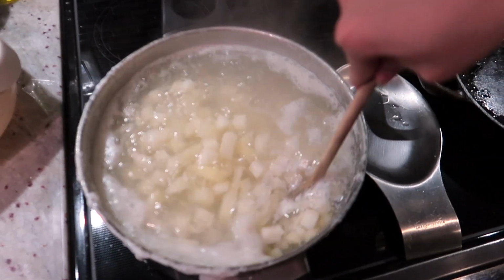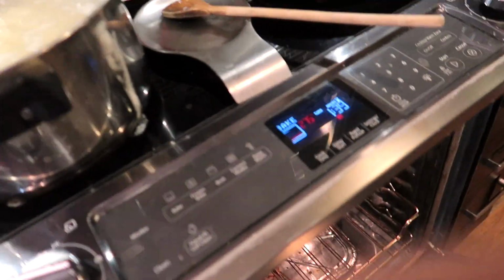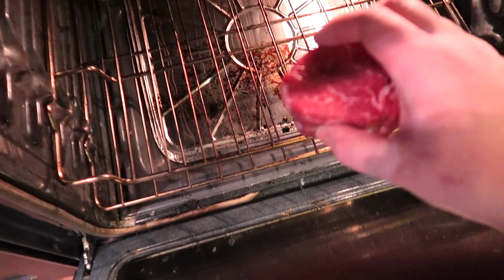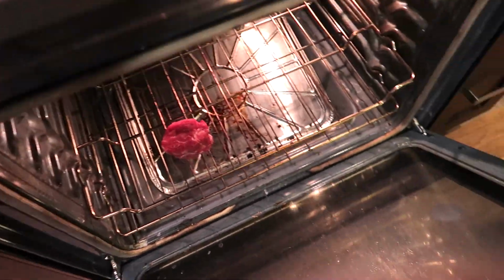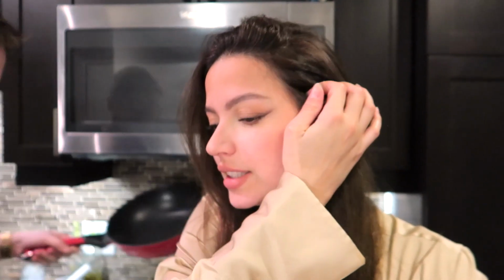And we'll cook them for about 10 minutes. So the first step is getting them cooked to about 120 internal temperature. So I'm gonna put them directly on the rack in my oven at 275. All right, so while the steaks are being made, we're gonna make the little appetizer that we have, which is